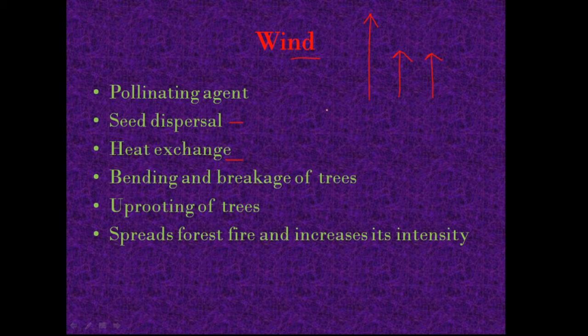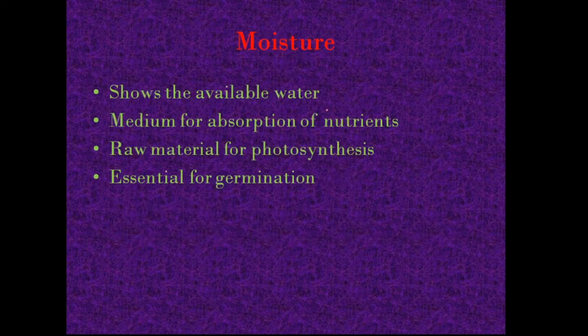So the kind of vegetation also varies from one place to another, right? Next is moisture. We all know that the amount of moisture available in the soil plays a major role in the growth of the plants, right? We all know that for growing a plant we should water it daily, right? So moisture is very important.